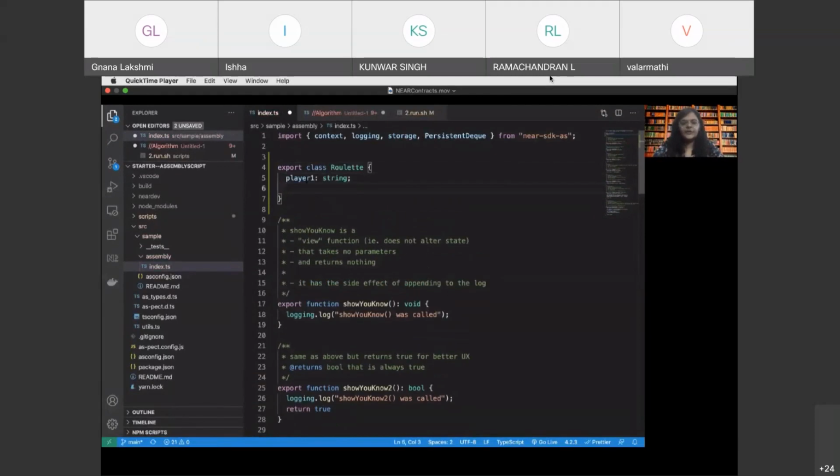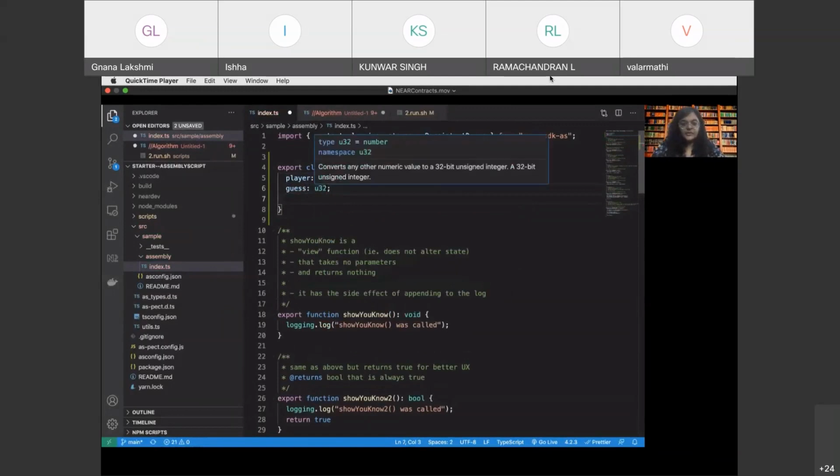Of course, there's going to be only one player because the other player is the system itself, that is us. Then there's going to be a guess. Maybe we can keep the guess as a U32, or let's keep it as a bool because it's going to be even or odd.